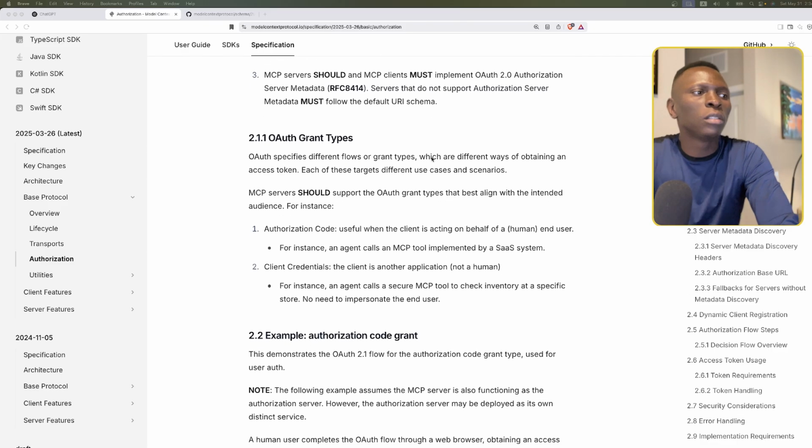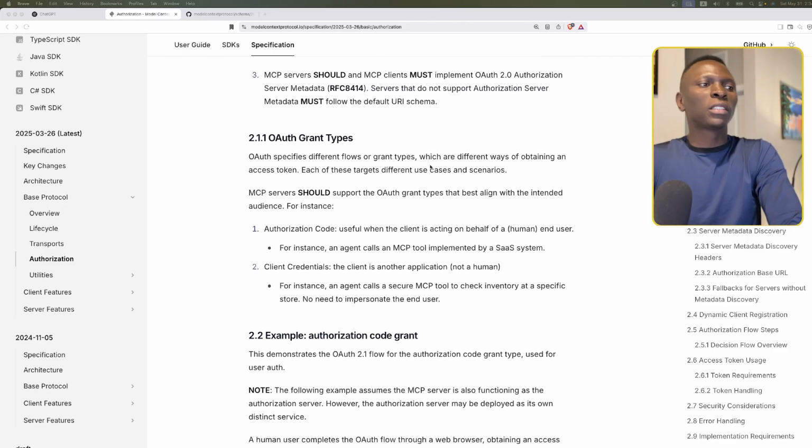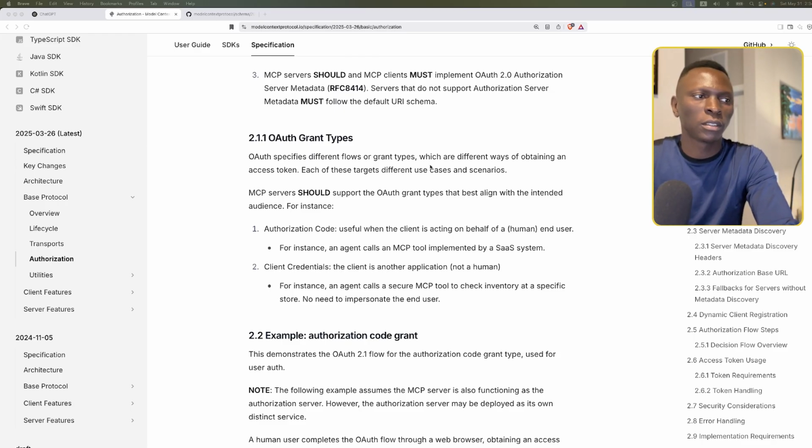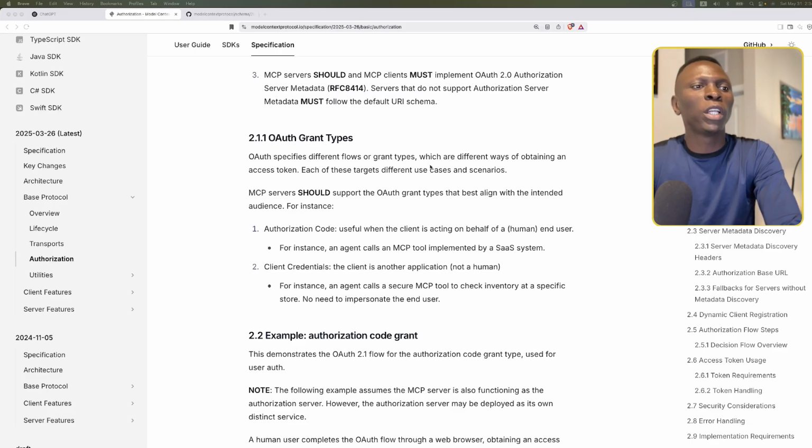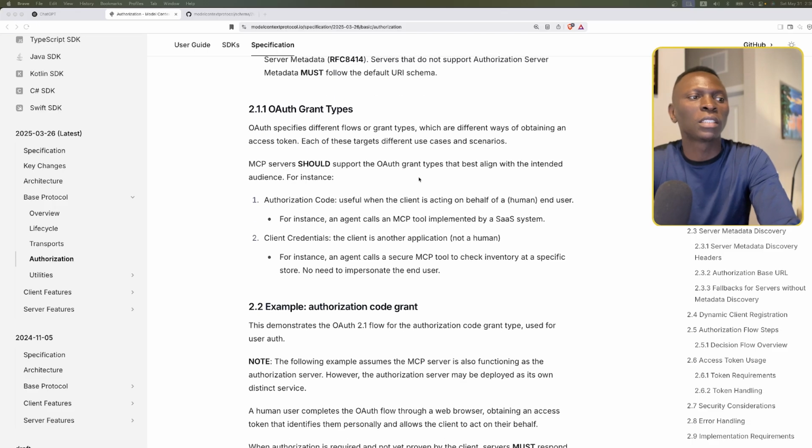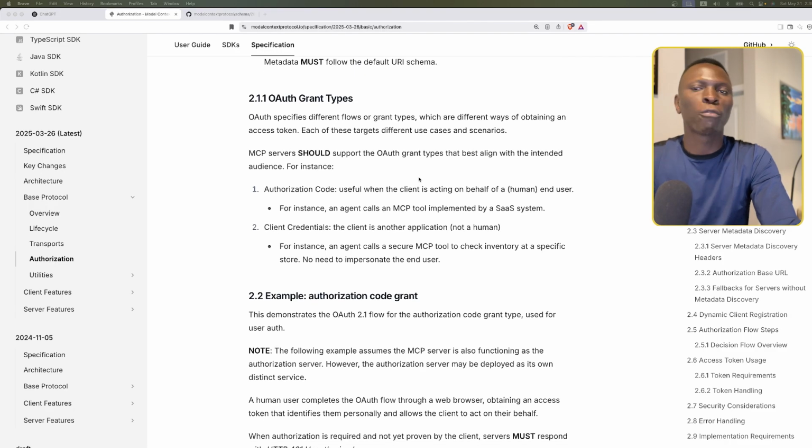Point 2.1.1, auth grant types. OAuth specifies different flows and grant types, which are different ways of obtaining an access token. Each of these targets different use cases and scenarios. MCP servers should support the OAuth grant types that best align with the intended audience. For instance,